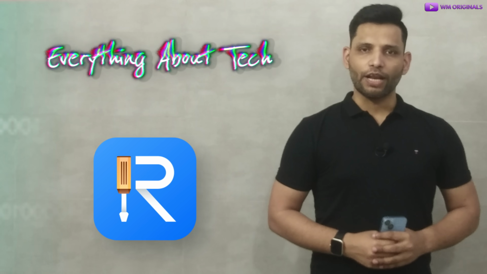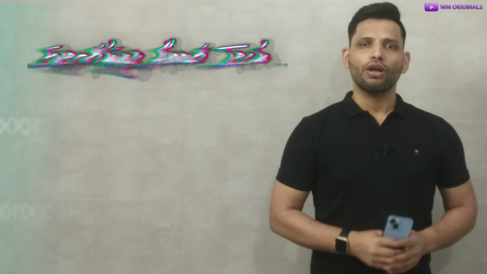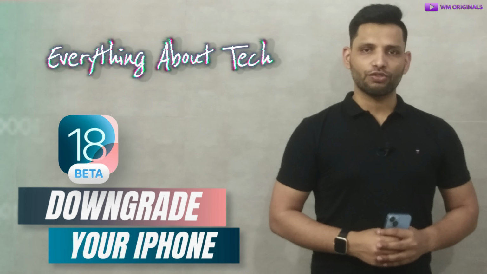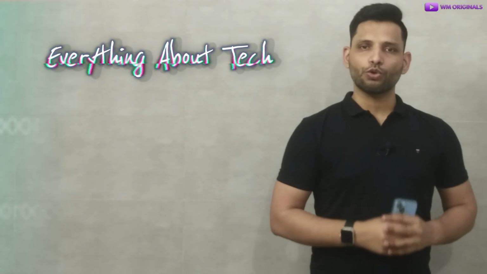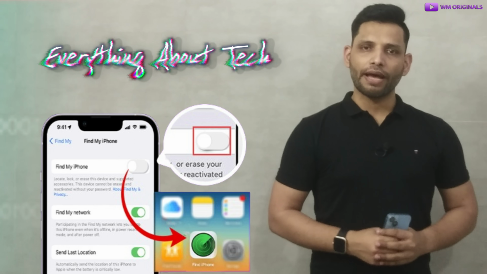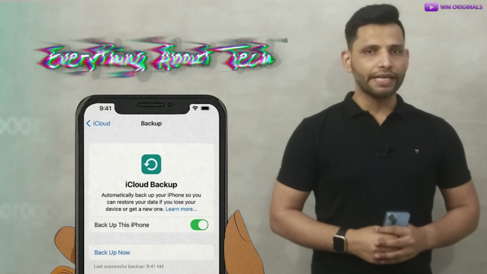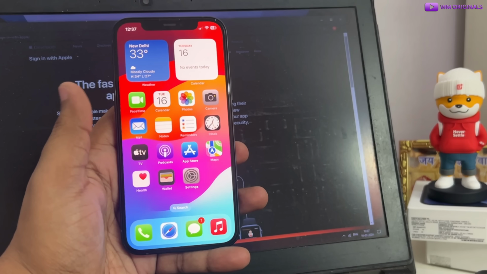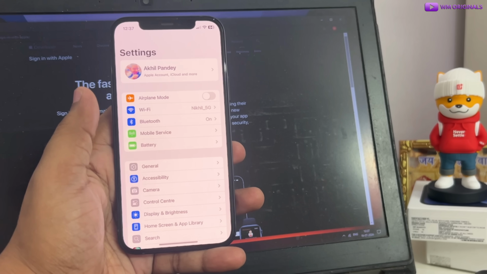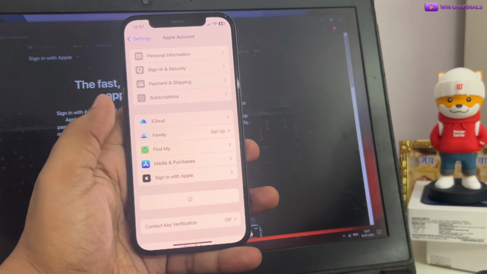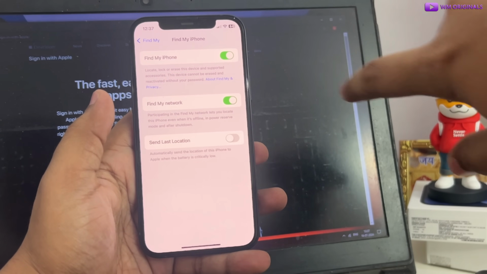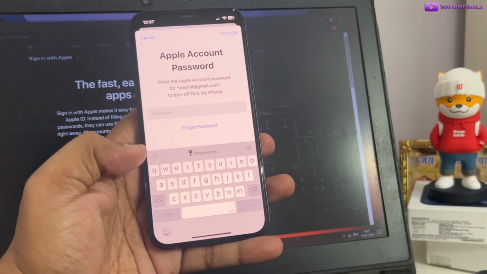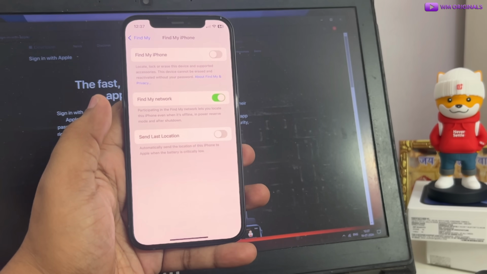First, we can do so much with Tenorshare Reboot, but today I wanna show you all how to downgrade iPhone from iOS 18 beta to iOS 17 without data loss and jailbreak. But before we start, I will suggest you to do few things like turn off Find My and create backup of your current data on iPhone. Now to turn off Find My, simply open Settings, next tap Profile. Here we see Find My, tap to open it. Now tap Find My iPhone. Toggle this off, enter iCloud password and Find My iPhone will turn off.